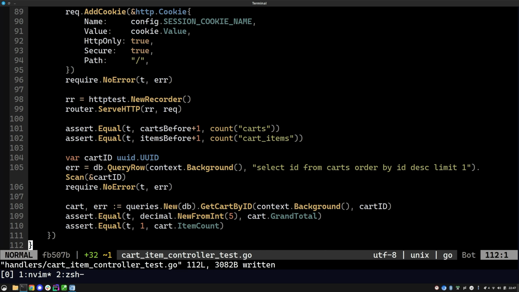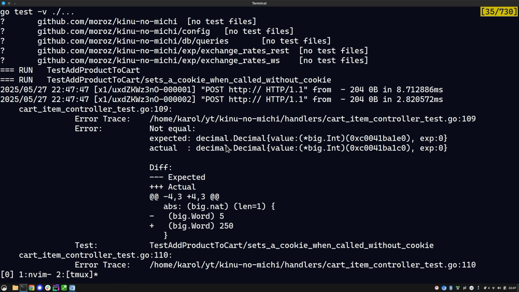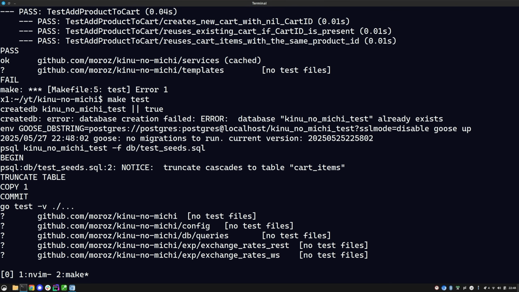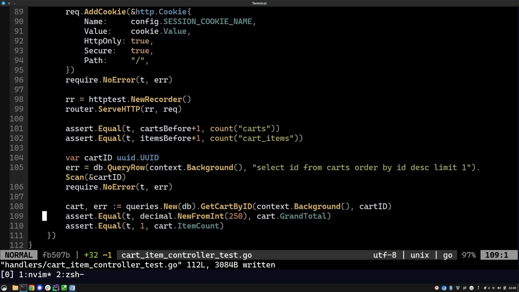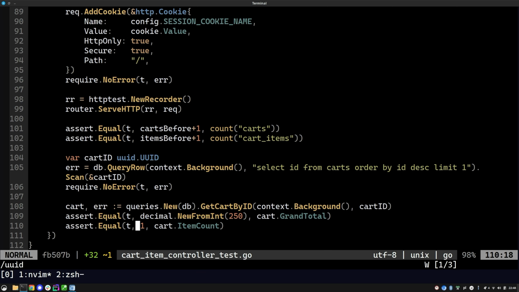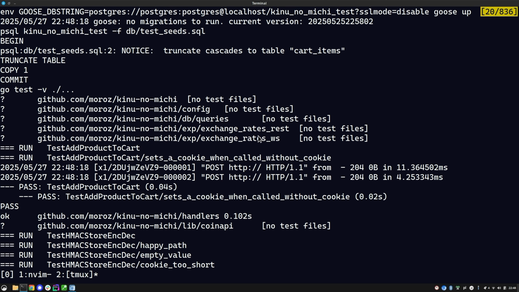This way we are going to fetch the data for the last existing, okay? Our grand total is 250 because it's 5 times 50, I guess. So make test, and now it wants it to be an int64, okay, like this. So the tests are passing,